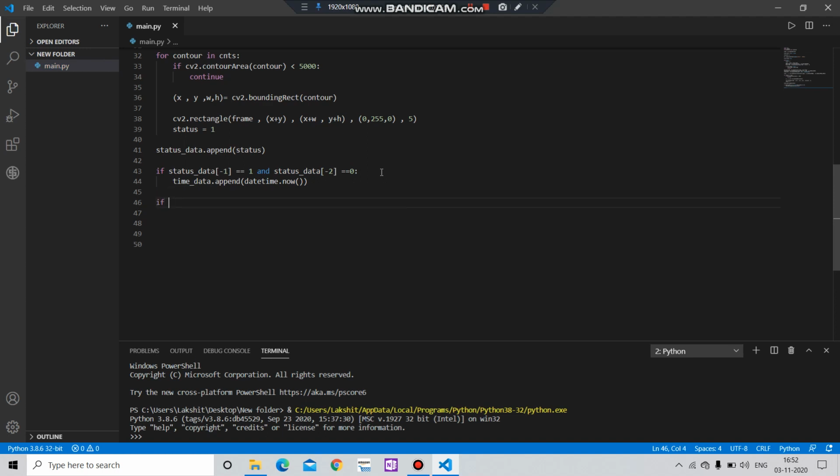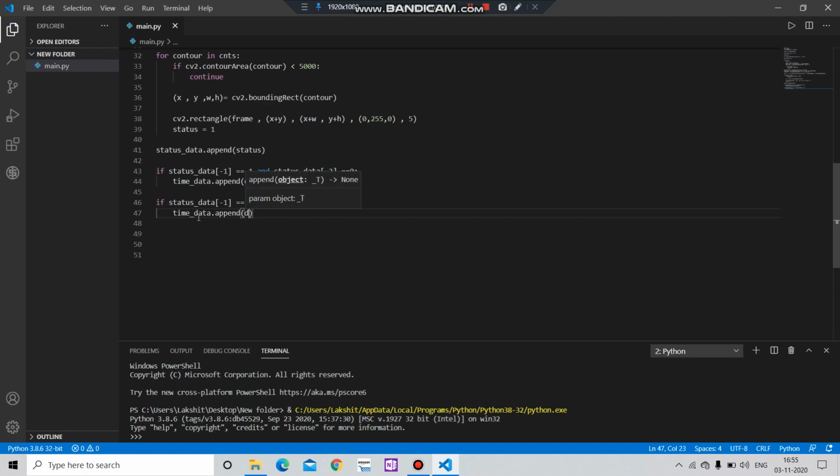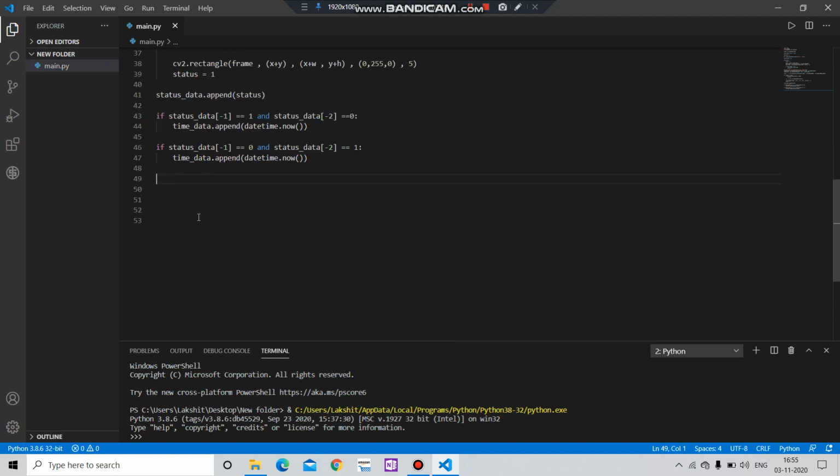If status_data at -1 position equals to 0, and status_data at -2 position equals to 1, then we want to append time_data.append datetime.now. Okay, after that guys, the basic steps are